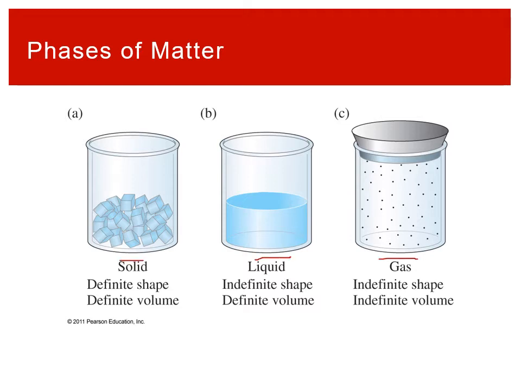And we know that solids, liquids, and gases have consistent properties or characteristics. Solids, definite shape, definite volume, right? They hold their shape. Liquids don't hold their shape, but they do hold their volume, whereas gases have nothing definite. They can change their shape based on their container. They change the volume based on whatever container they're in.